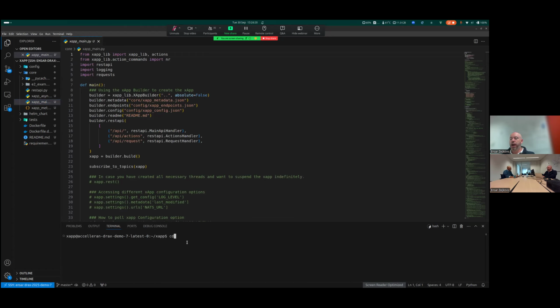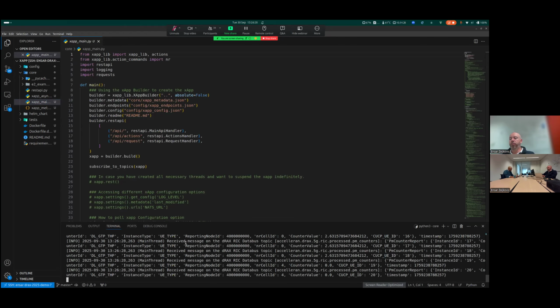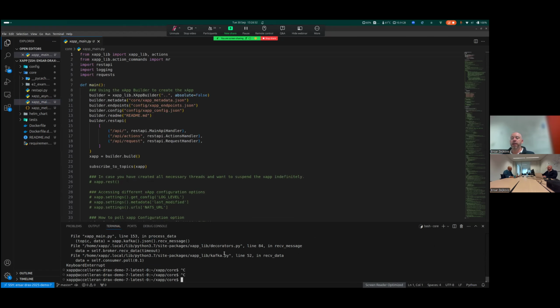So from here, I can do cd core, and then again, I can do python3 xApp main, and that xApp is started again, right? You can see it's going wild with all the different things coming in. I can kill it with Control-C. I can now start modifying my code and running my xApp again. And in that way, I can have a continuous development cycle where I edit my code, debug it, or anything else that I can think of in terms of the development process.